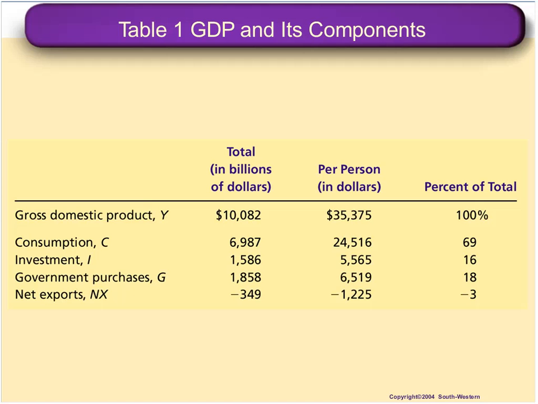Consumption, C, is part of the GDP, definitely. Then investment is another part of the GDP. Government purchases, another side, and net exports. Net export is export minus import, so we call it net export. So Y or GDP equals C, consumption, plus I, investment, plus G, government purchases, plus NX, net exports, which is export minus import. Okay. So if somebody asks you what GDP and its components are, this is how they are.